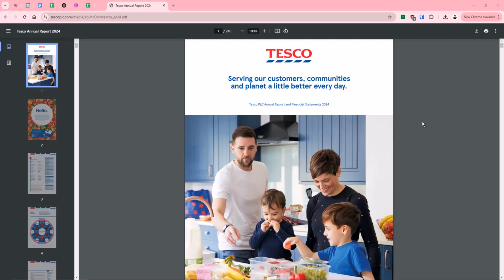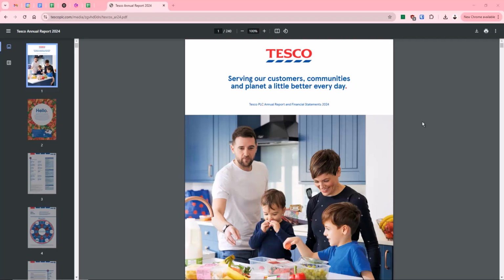And we can use AI to pull out that information and to identify those trends, and also to analyze those trends to see the reasons why and what it might mean for the future. And of course, we've got 240 pages here, and it's all split up into different sections, and there's lots of information that crosses over.